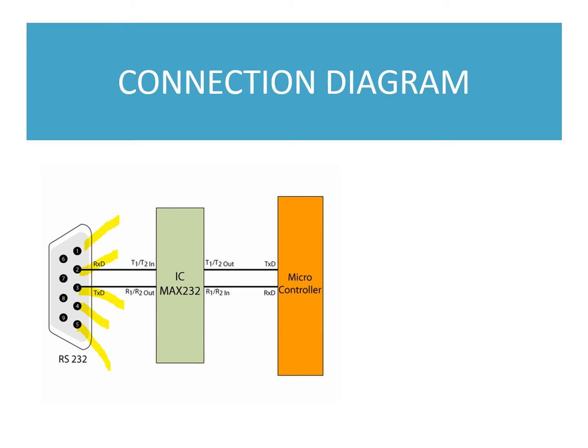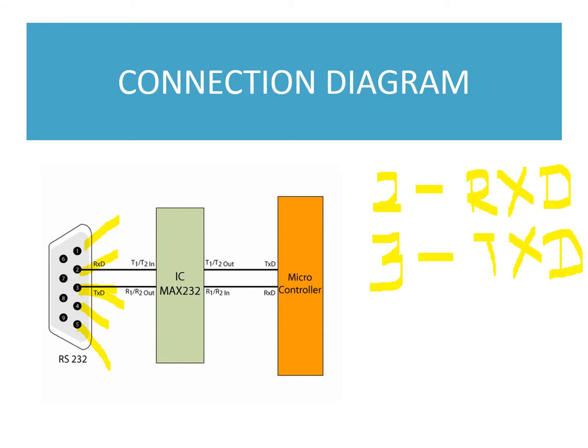Out of this, pin number 2 is called the RxD pin. Please remember, this is an important one. Pin number 2 is called RxD, which is used for receiving 8-bit data. It is meant for receiving the data. Similarly, pin number 3 is called TXD, which is used for the transmission of the data. So these two pins are very important as far as serial transfers are considered.